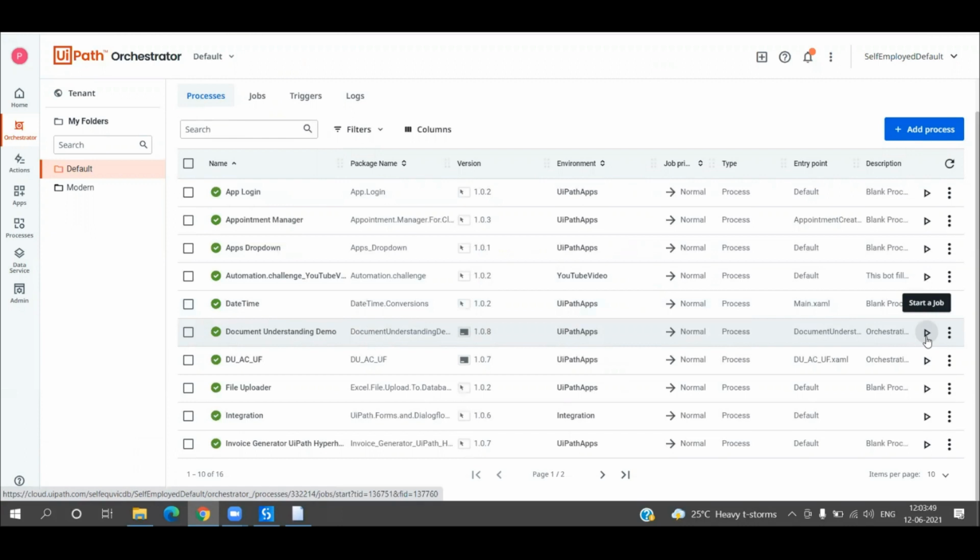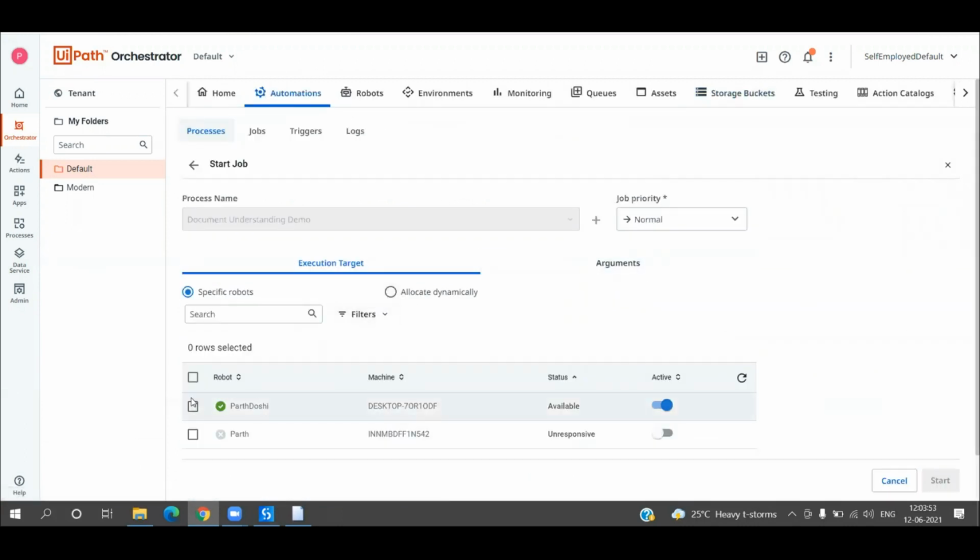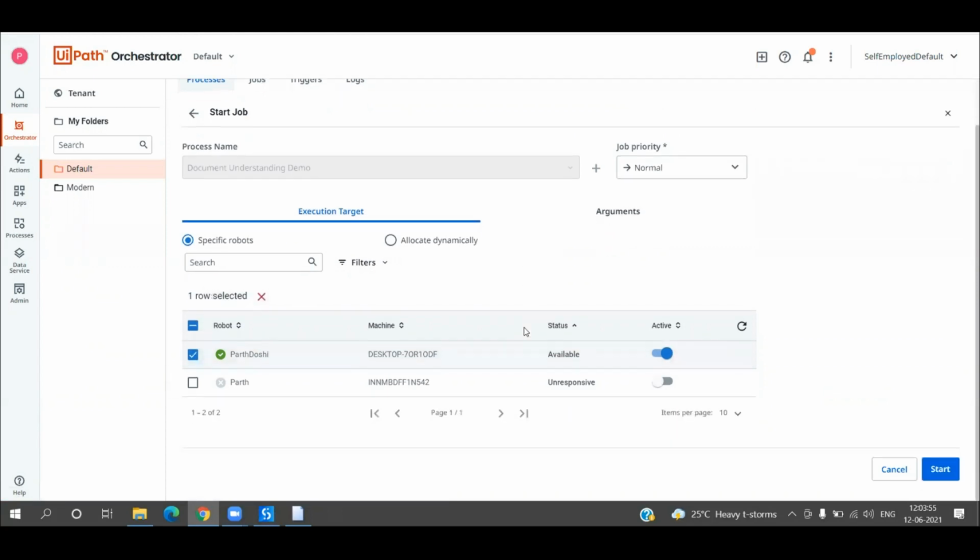So I'm going to simply run it, and let me select a robot. And one more thing, you might have this doubt if you are using interactive sign in and sign out, right? So what you need to do is connect your Assistant through machine key instead of that. If you connect using the machine key, you will be successfully able to execute the complete process.